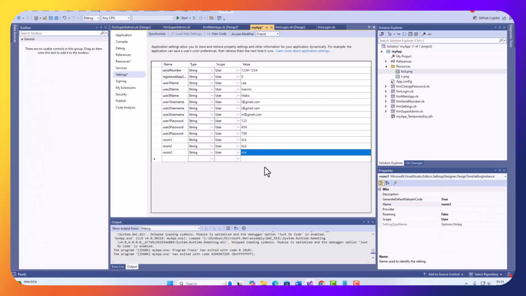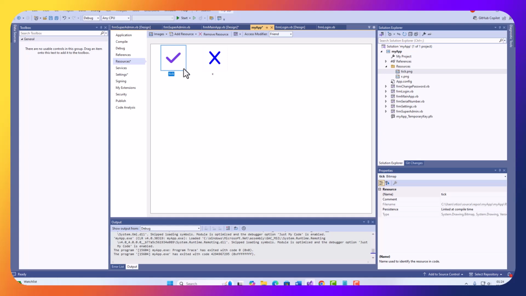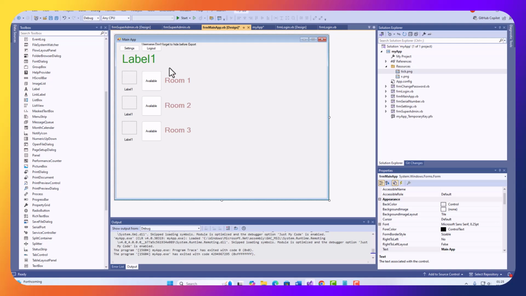So in the settings, I've got by default tick, so it should show me the tick, and I will change the value to X if the room is booked. If the room is not booked, it's going to be ticked. If the room is booked, it's going to show the X. Okay, let's go back to the main project. Let's double click on the button,